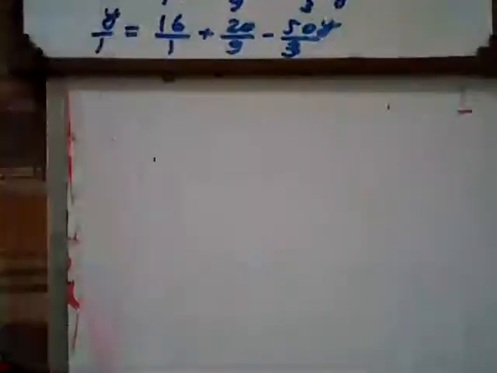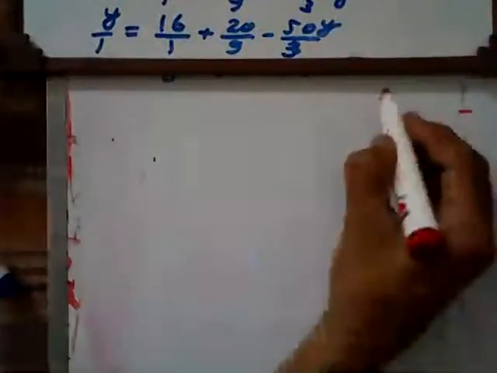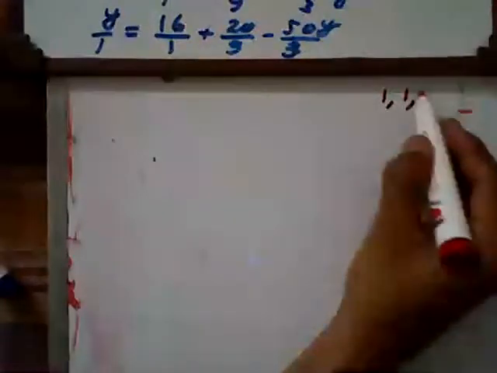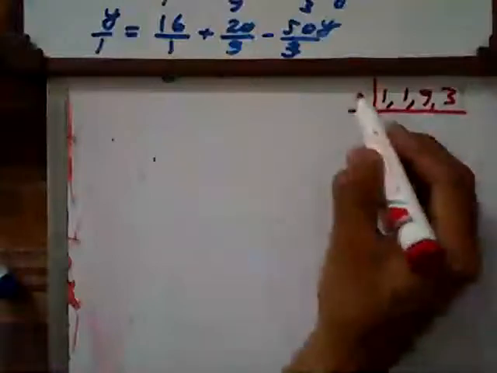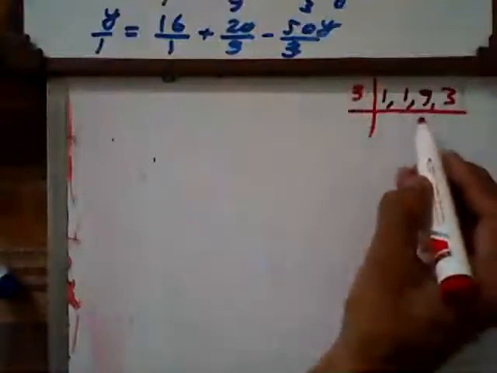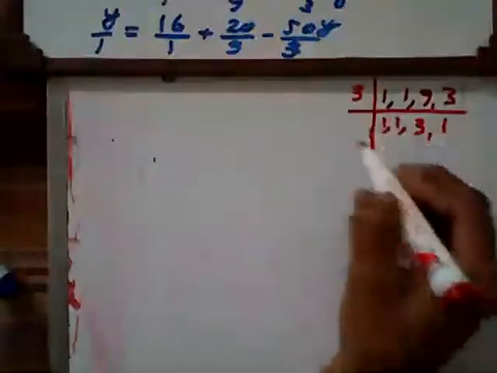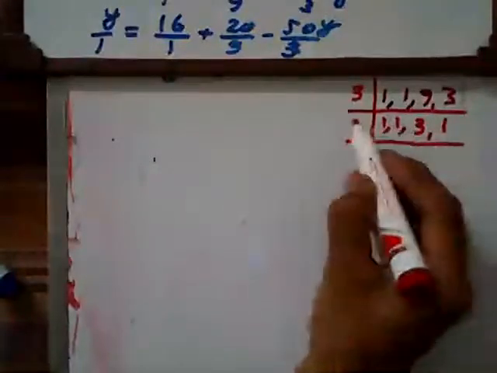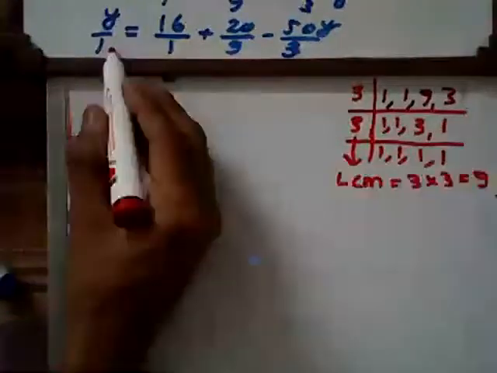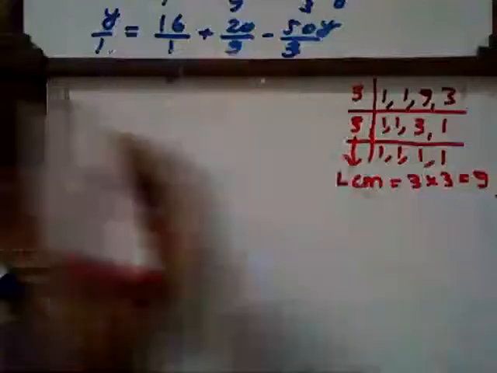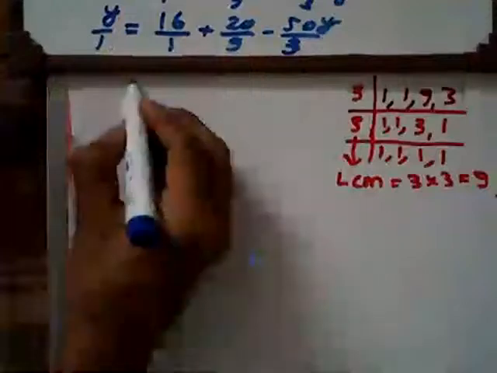Now, look at this equation. This is a fraction, so it needs the LCM of the denominators 1, 1, 9, 3. We'll be finding the LCM in the simplest way. 3 3s are 9, 3 1s are 3, 1 same and 1 same. Now there is still divisibility by 3, so 3 1s, 1 same, 3 1s are 3, and the denominator must be 9. So we are writing the equation y upon 1